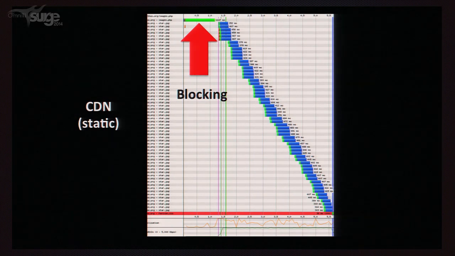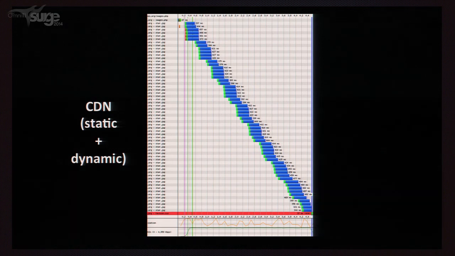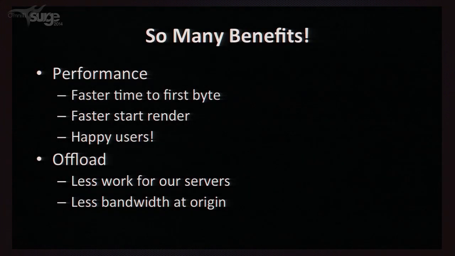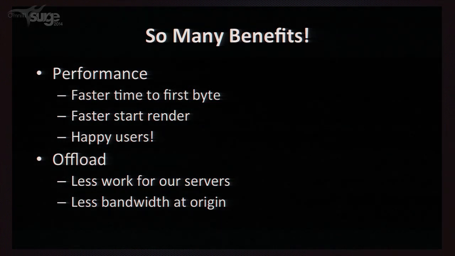Great. But notice that that blocking thing is still there. And wouldn't it be awesome if that blocking thing moved to the left and your waterfall looked like this? So there's lots of benefits to this. We would have better performance, the page gets delivered faster, our users are happier, the page renders quicker, and we